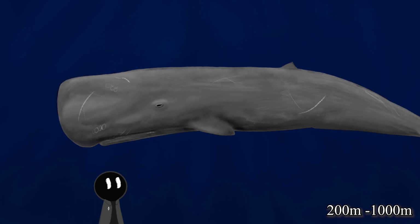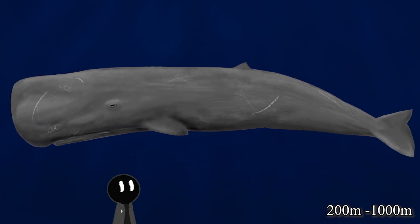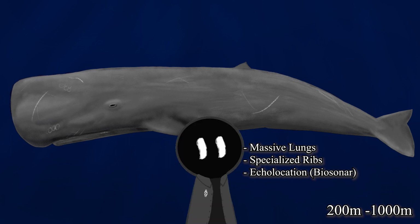This creature, this wrinkly, loud submarine with teeth, has many adaptations for hunting in the deep ocean, including massive lungs, flexible ribs that can withstand massive pressure, and the ability to echolocate. Unfortunately, we have to leave this guy here as we travel deeper into...